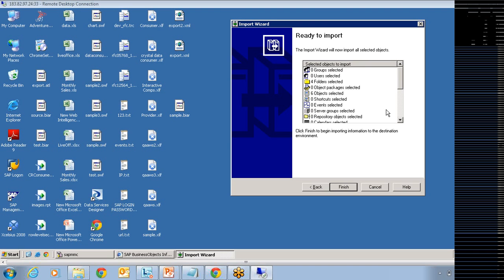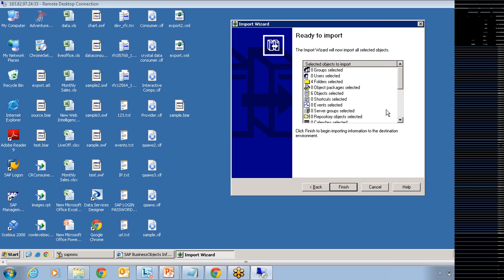And related to transportation, how you do it in SAP BW, the same type of transportation they have introduced in 4.0, which they call LCM, life cycle management. So now from the latest version onwards, there is no more import wizard. They removed the import wizard tool and started using LCM. Even LCM is used to move the content from one server, dev to test or test to production.